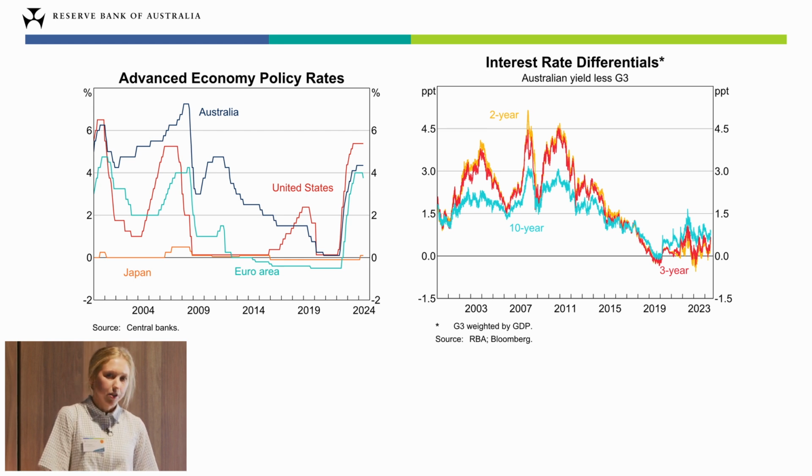So what did this do to the Australian dollar? Well, essentially, Australian interest rates went from being almost 3 percentage points higher than those overseas to being around similar levels as we entered an era of very low inflation. This decline or narrowing in interest rate differentials was the main driver behind the depreciation of the Australian dollar after its peak in 2013.